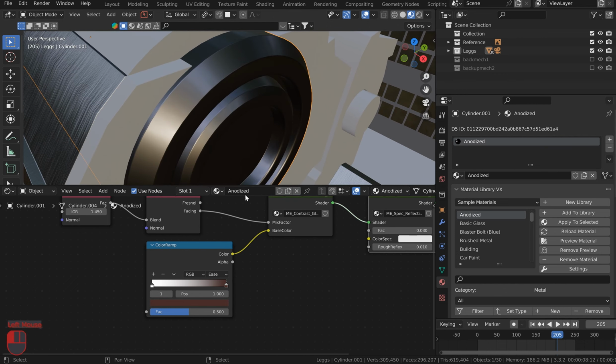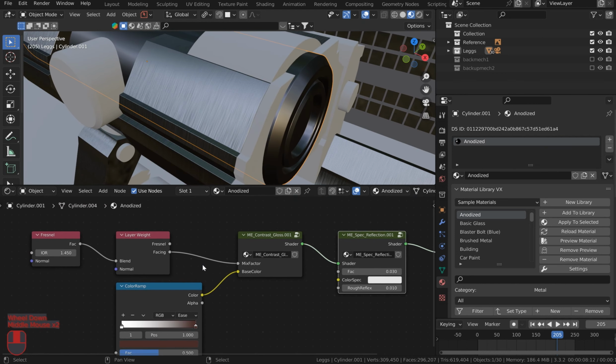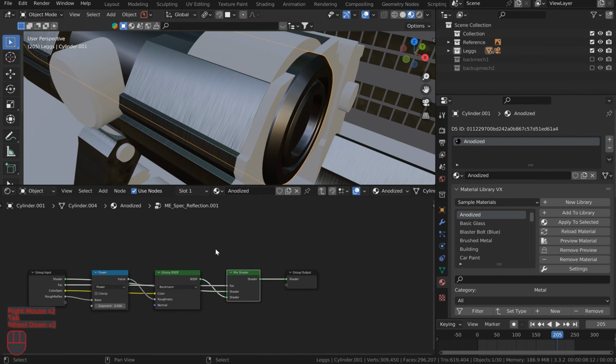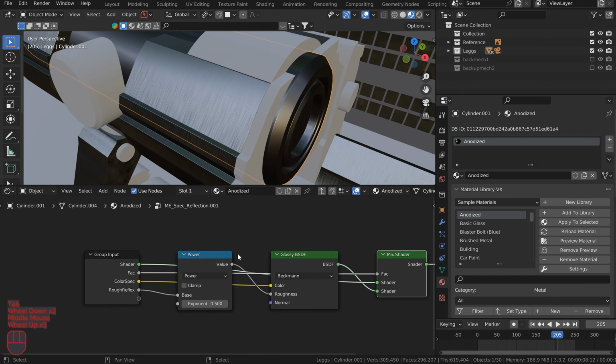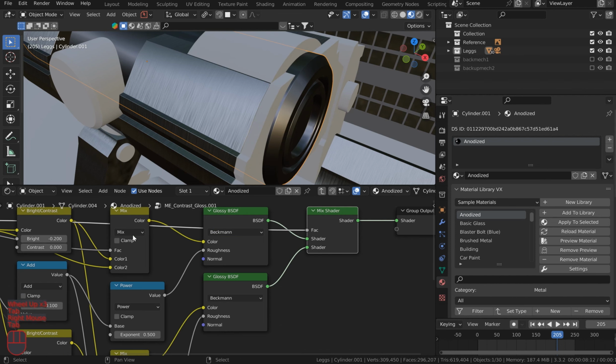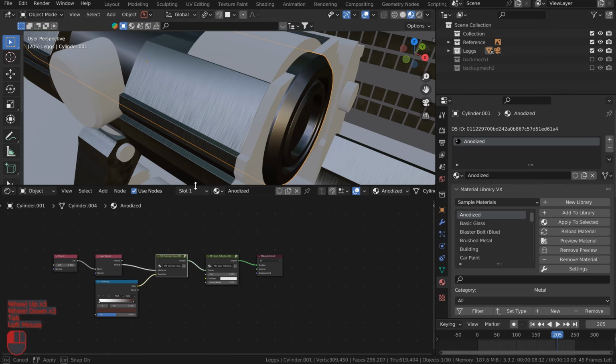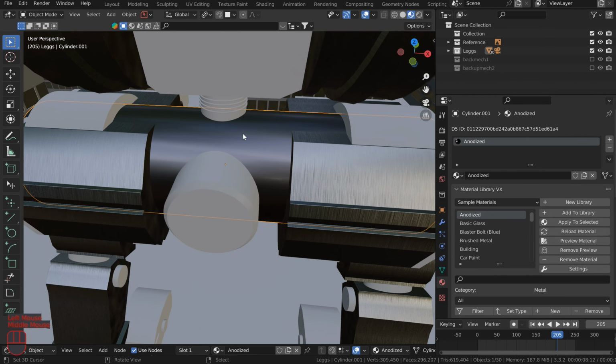I just want it to look a little bit more gray. So you can play around with the color ramp. You've got some cool stuff in here you can mess with. If you know anything about the nodes, you can right click on one of these and hit tab and do the breakdown and see what's in there. Maybe you could change something if you want to. I think it looks really good the way it is, and to get it anodized like that, just straight up,